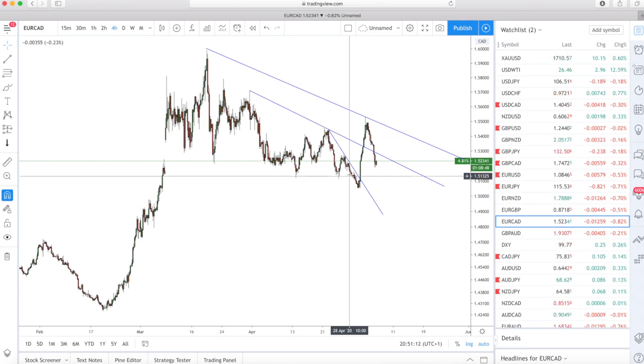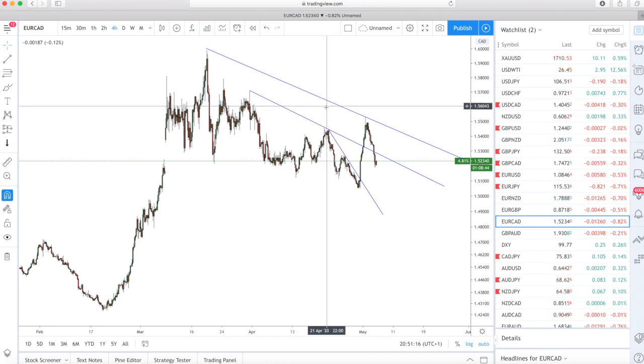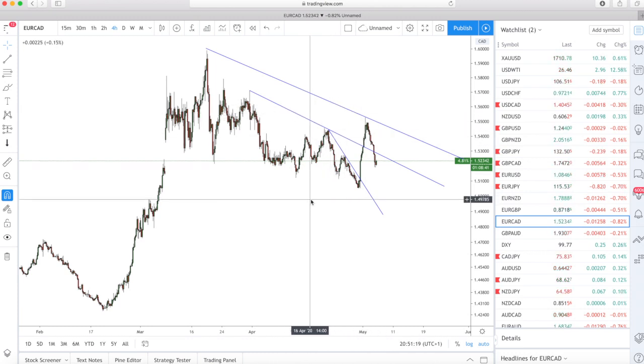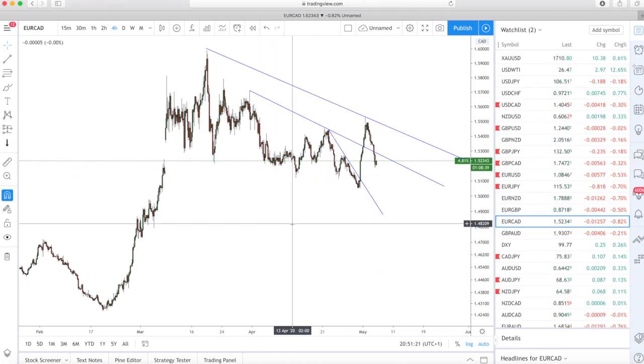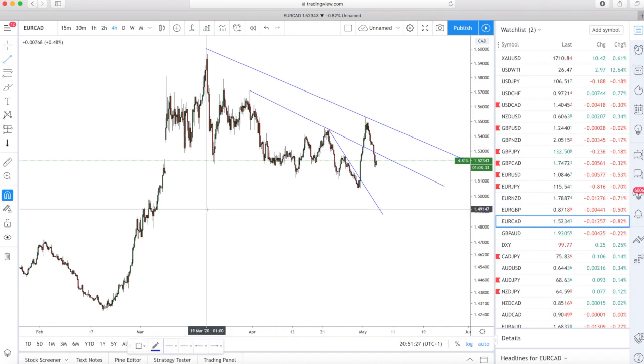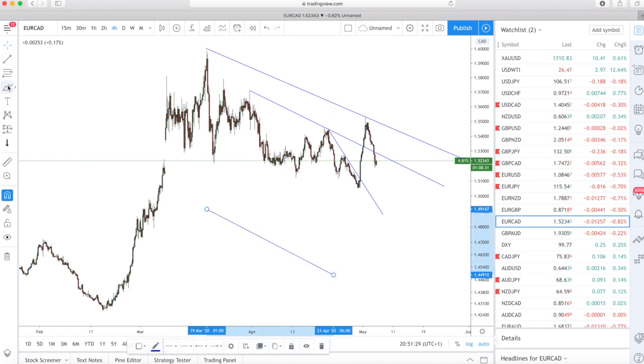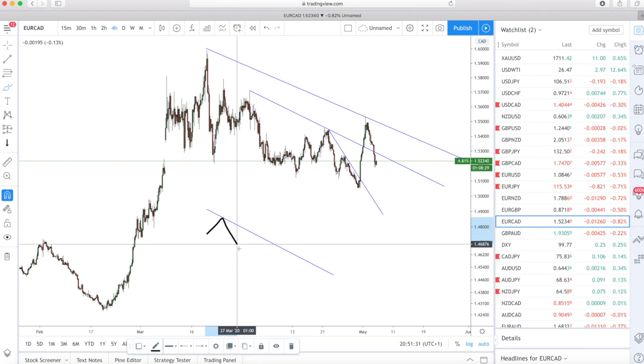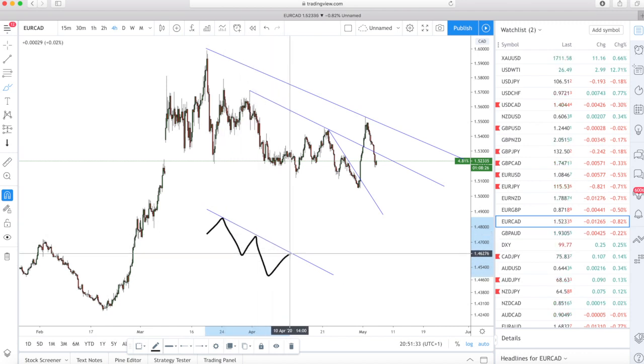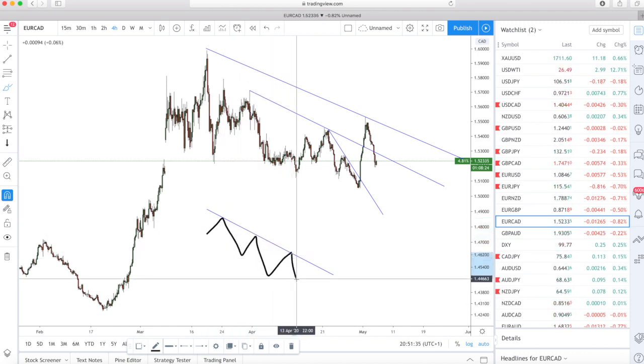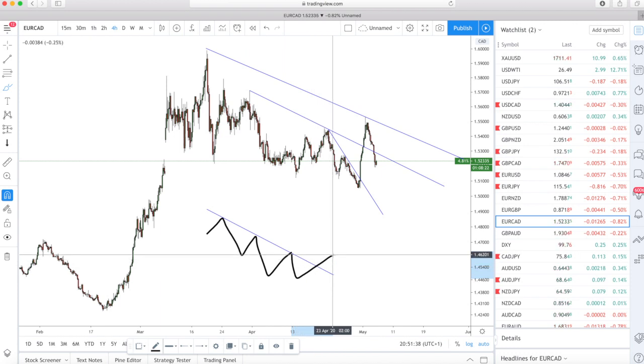So personally, I only trade the 3rd touch of a trend line. I'm sure people trade the 4th and the 5th touch and all that, but I found after the 3rd touch, the 4th touch is more likely to be broken, or the 5th touch even more likely. You normally see, so let's draw this on, 1 touch, 2 touch, and I'll be looking to trade the 3rd touch. Normally the 4th or the 5th get broken,